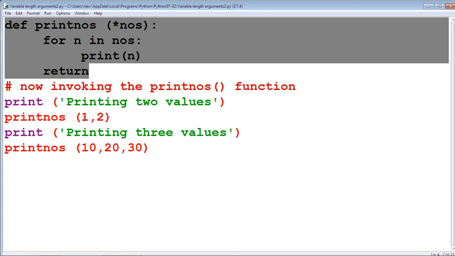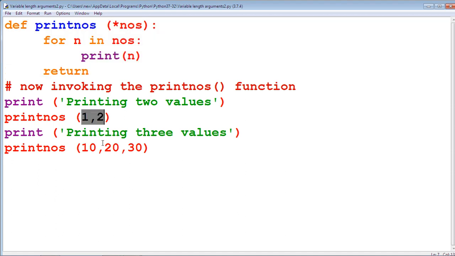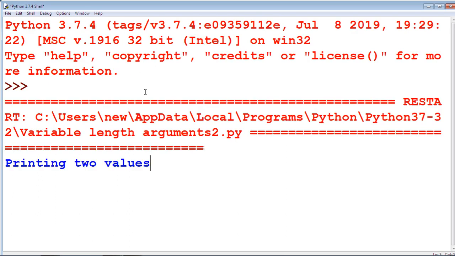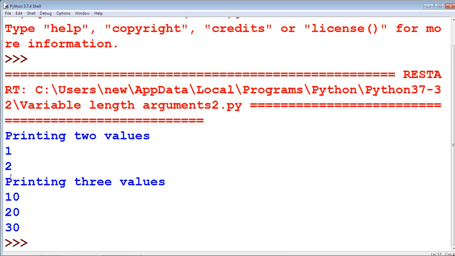The variable length argument list is adjusted through 2 or 3 values. So NOS is the variable length argument. Now we get the answer by using the run module. Printing 2 values 1, 2, printing 3 values 10, 20, 30. There is no type error here.